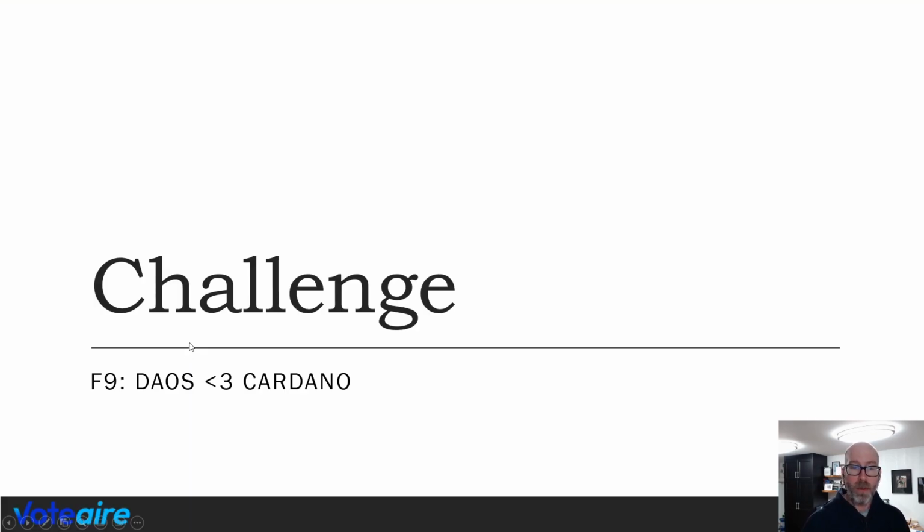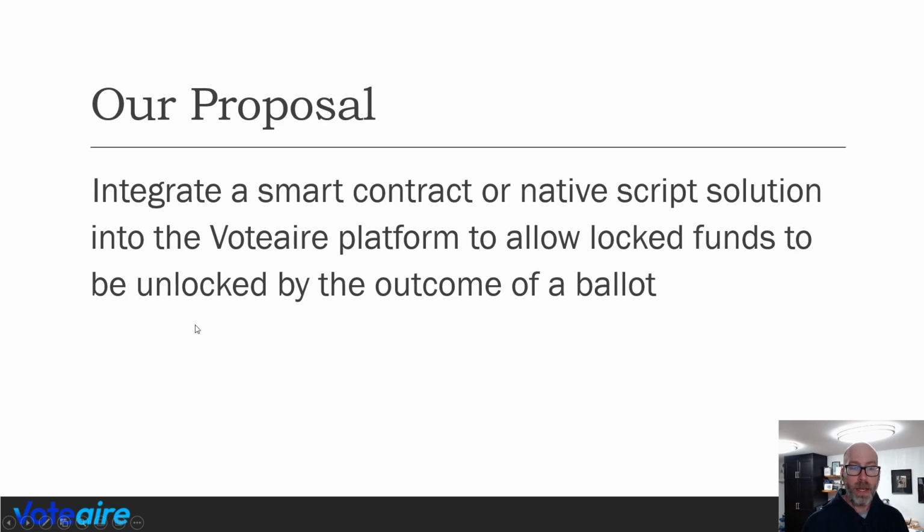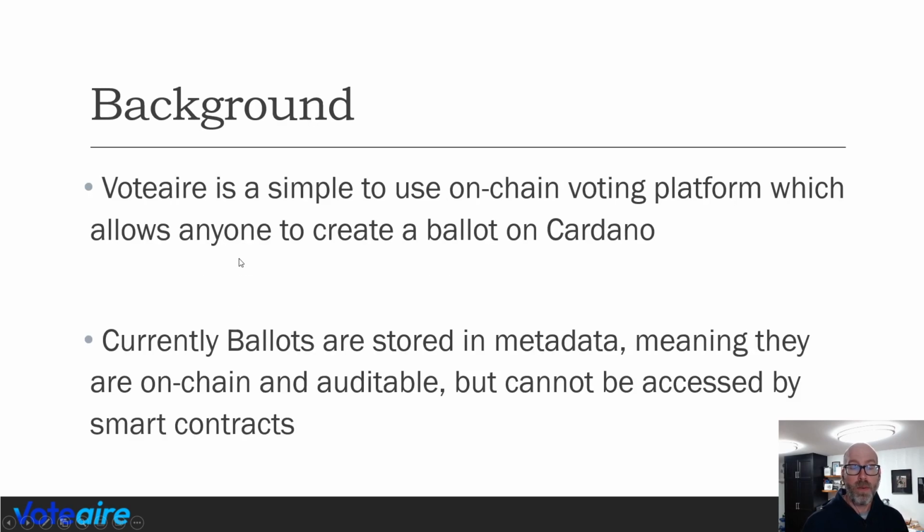So the challenge that we were in was the Fund 9, DAOs Love Cardano, and our proposal was to integrate a smart contract or native script solution into the Voteaire platform to allow locked funds to be unlocked by the outcome of a ballot. So some background, if you're not familiar with Voteaire, Voteaire is a simple to use on-chain